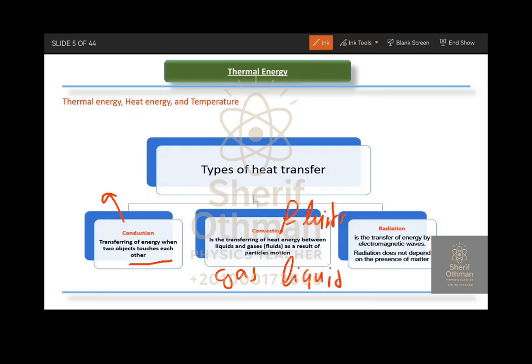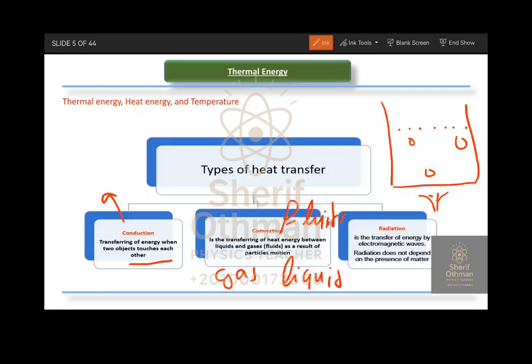The motion of particles for gas and liquid are not limited. The particles are free to move, so they can move up and down to make something like a circulation. If I have a container, and below this container is a source of heat, and this container contains water with different particles,